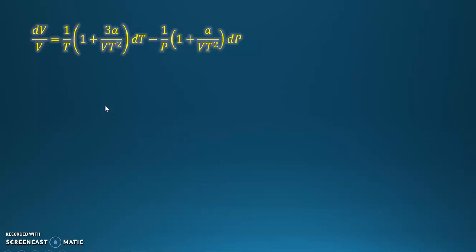Now, what is the objective in this problem? We need to find the state equation. In order to do that, it's important to integrate this differential equation. However, it is impossible to integrate it exactly as we have it, because, for example, this left side is easy to integrate since we have the differential of volume over the volume. If we integrate this term, we get the natural logarithm of the volume. But we can't integrate